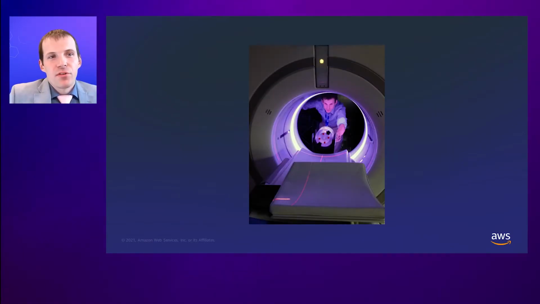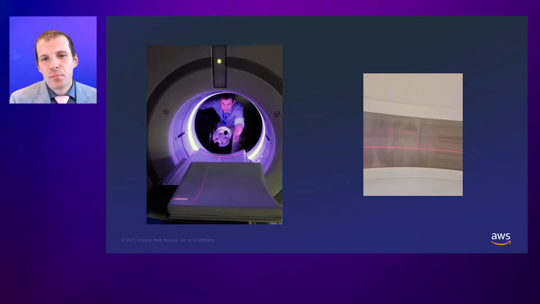So here's a picture of me evaluating the performance of one of these scanners, placing a test object inside. I'm showing this picture not to show you how I evaluate CT scanners, but to give you a view that most patients see. They see this part of the scanner. And for a lot of patients, this is what they're going to see in our CT scanner suite. This picture is what you see when you're lying on the couch looking up inside the scanner bore. So to the patient, the scanner is always going to look the same. But for me, a